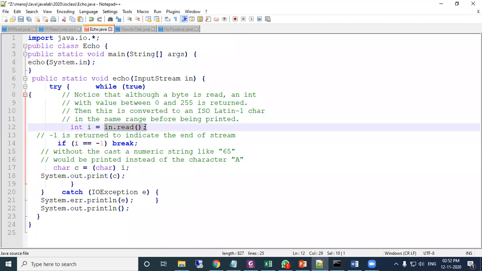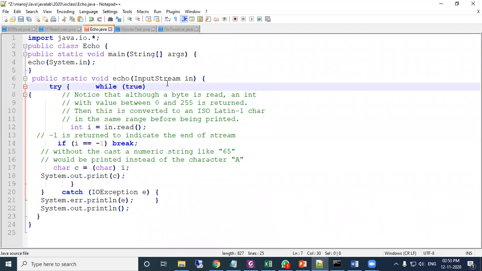Inside this program, the read method is used here to read one byte of data. Then it is converting to integer. As we have discussed, this read method is returning an integer value. So it is returning to this i, and after that it checks. Here you see this is your infinite loop, while true.